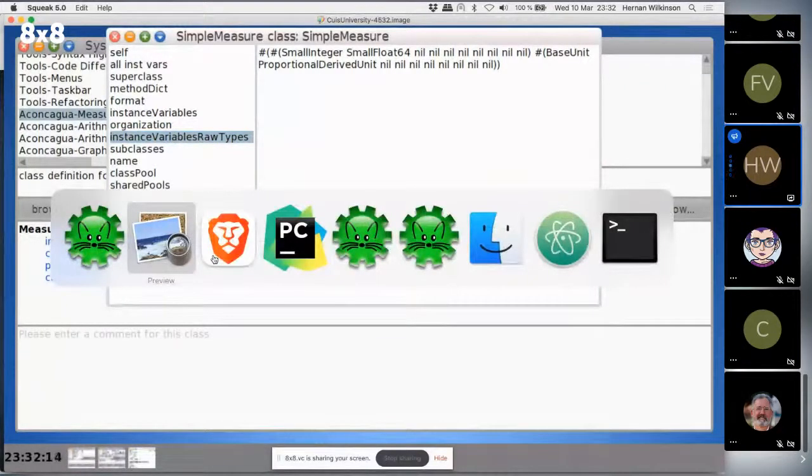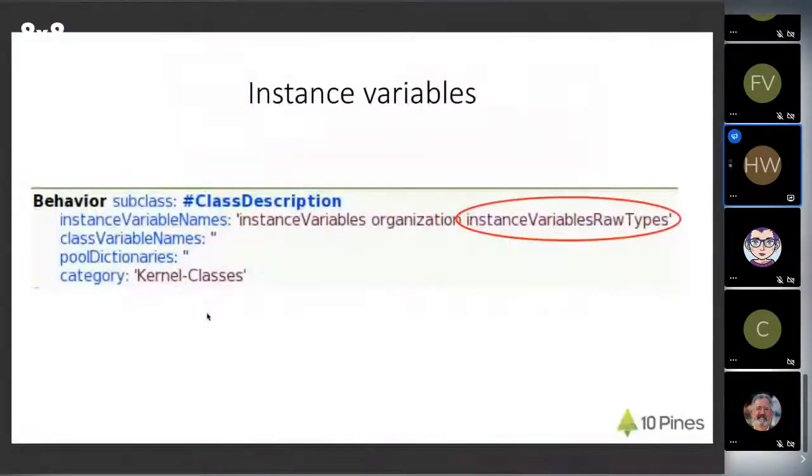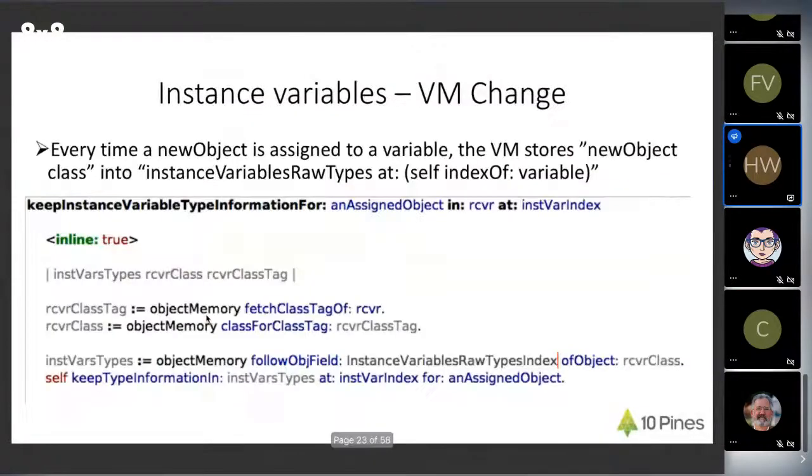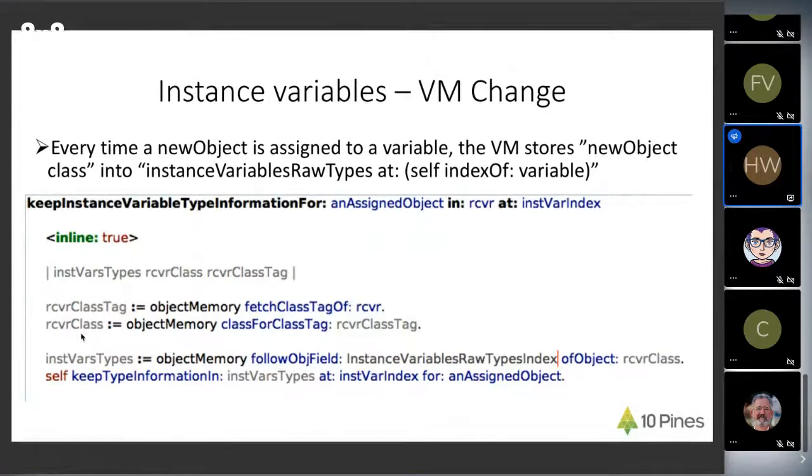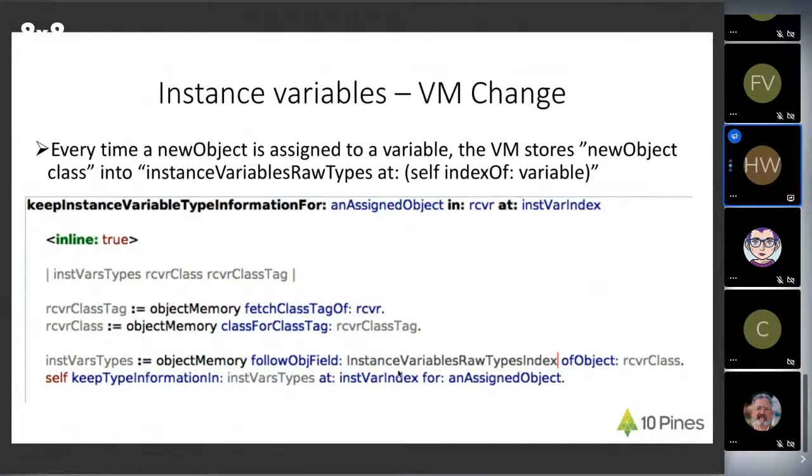So that's how types are stored in the image. How does the VM work? It's very simple, as you can imagine. Every time an object is assigned to an instance variable, we get the class of the receiver, and then we look for that array of arrays for the instance variable row types. And then